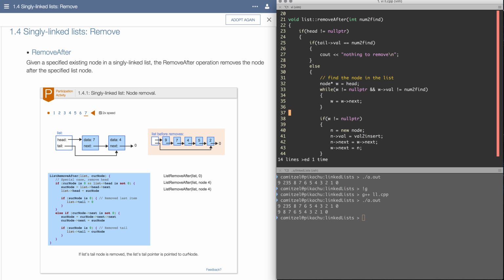And afterwards, if we either reach the end of the list or we find our node, this loop will quit, and we use the second if statement to say, okay, if we actually found the node we're looking for, then we are going to actually want to remove it from the list, right? Which is actually going to be pretty straightforward. So the first thing I'm going to do is say node star node to remove is going to equal w arrow next,